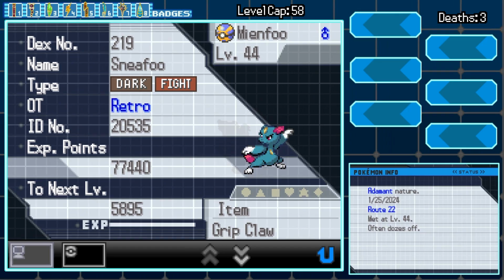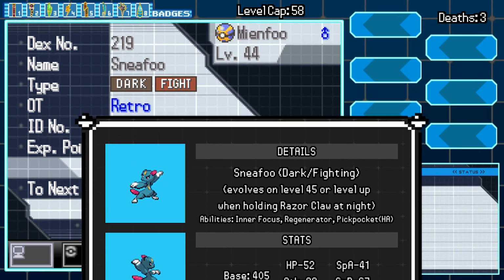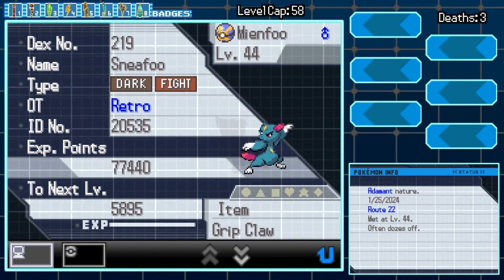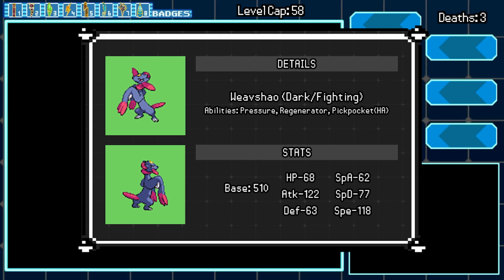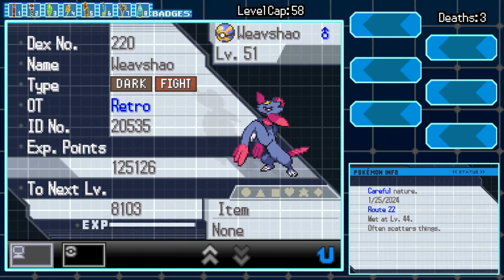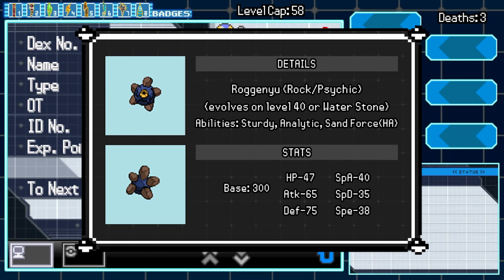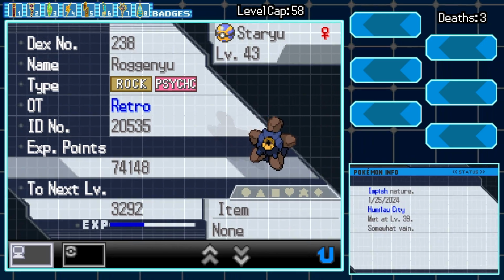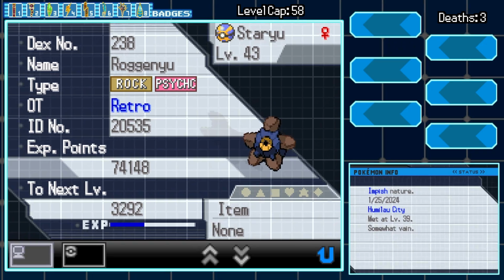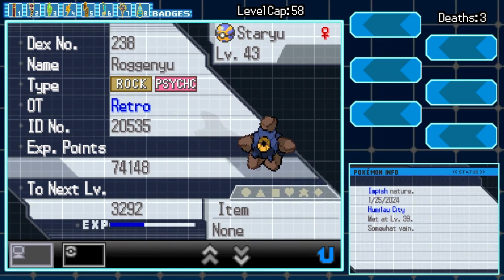Up first is probably my favorite line thus far, the Dark Fighting type Sneasel, which of course is changed to evolve a bit earlier than level 50. Though on the other half of the coin, here's Rogenyu as probably my least liked. I mean, there's only so much you can do with a Staryu,